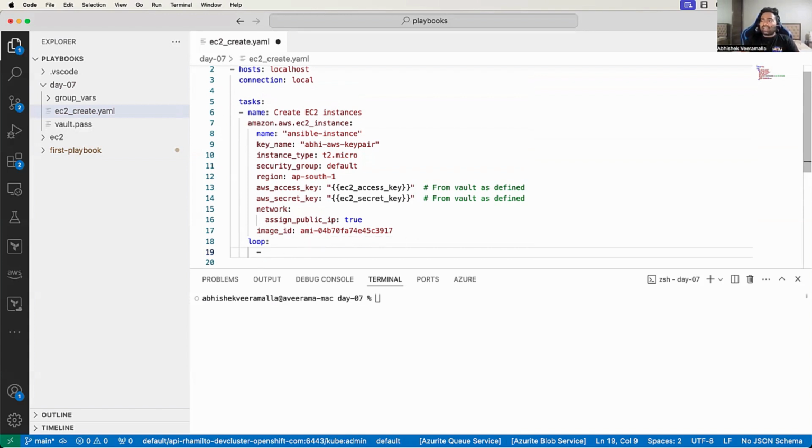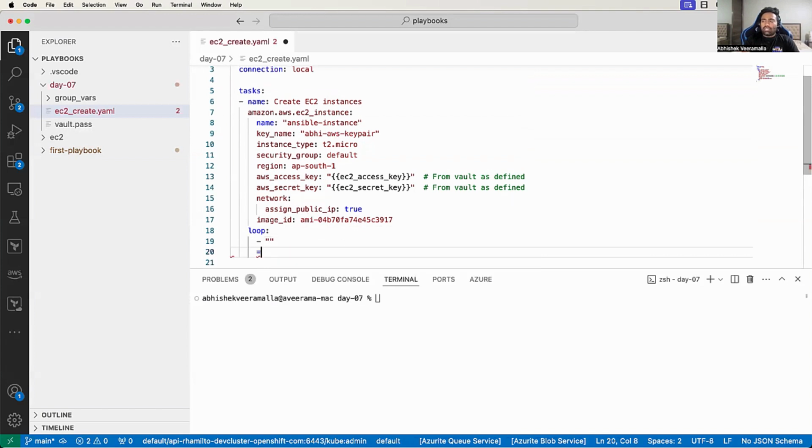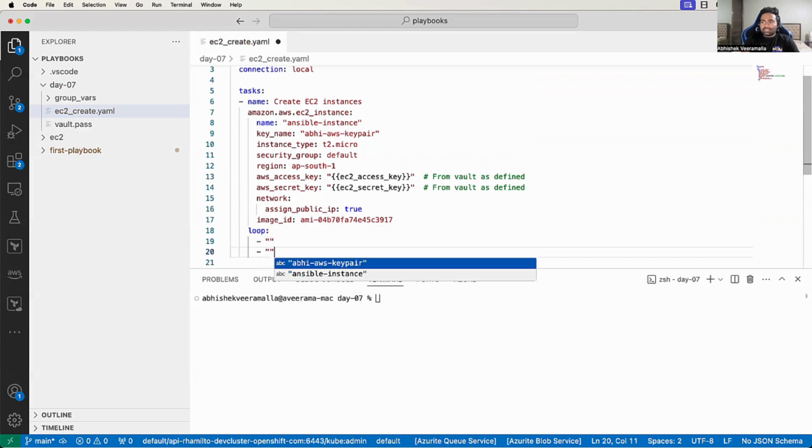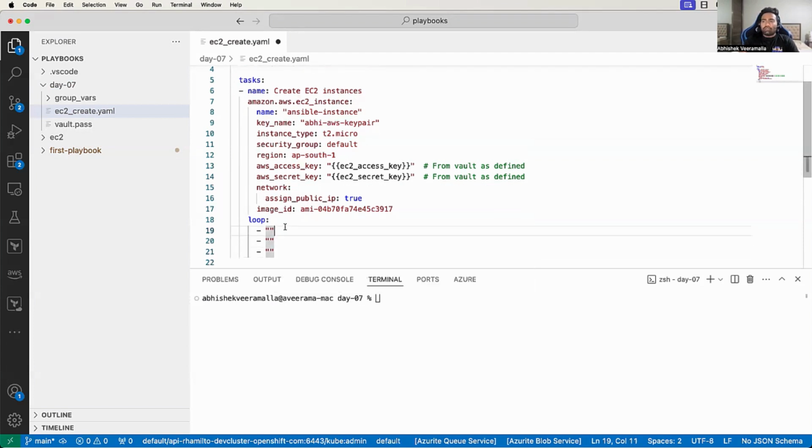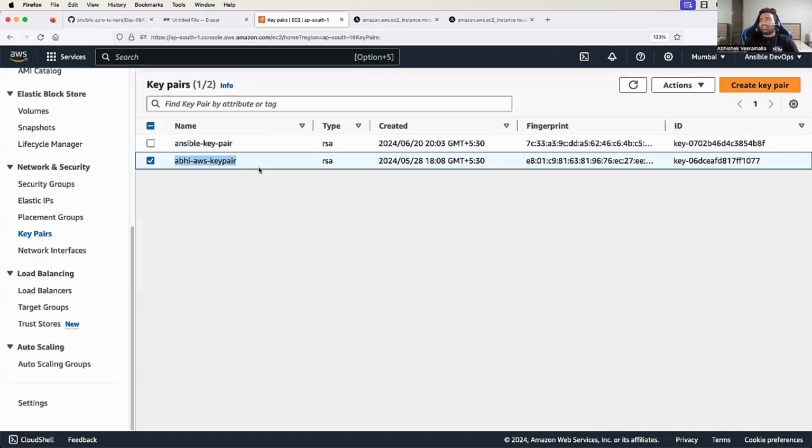Okay. I'll say image ID 1, image ID 2. This is the syntax. That's it. And I will say image ID 3. I'll copy these image IDs. How can I get them? Again, just go to your